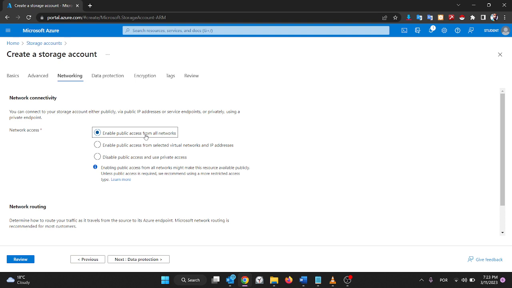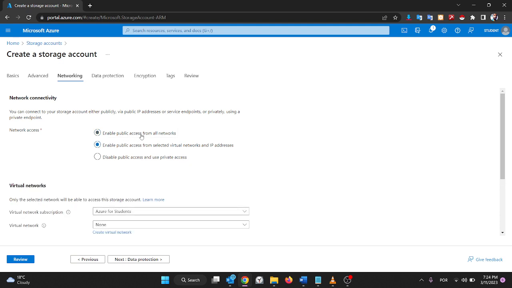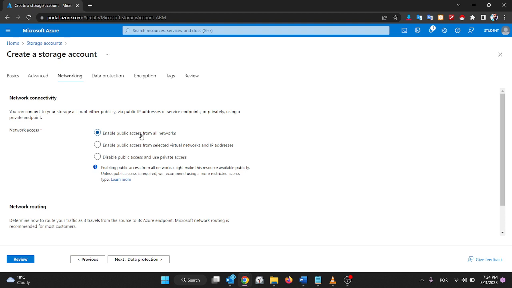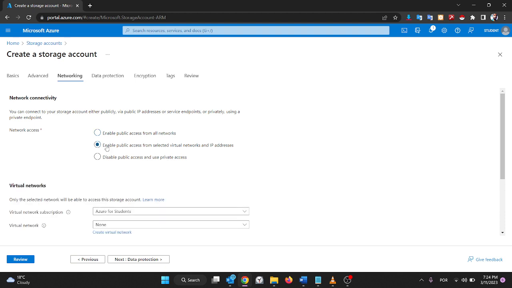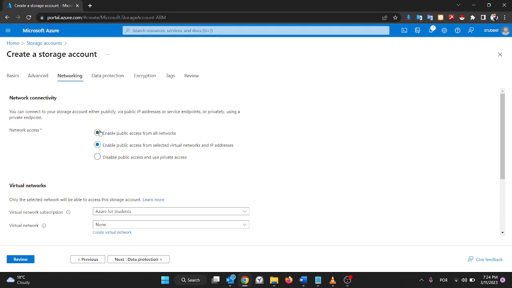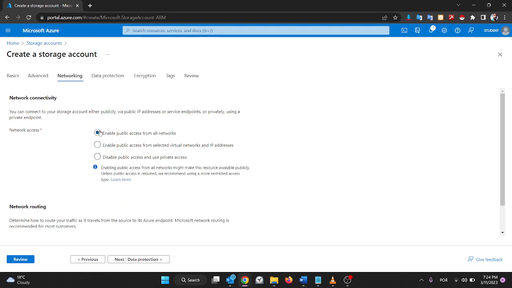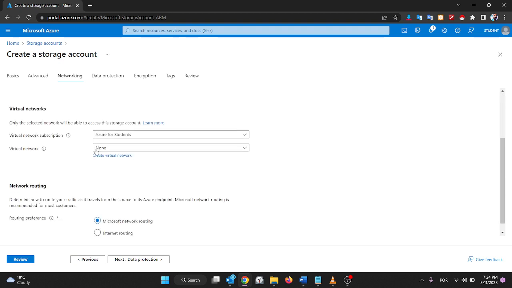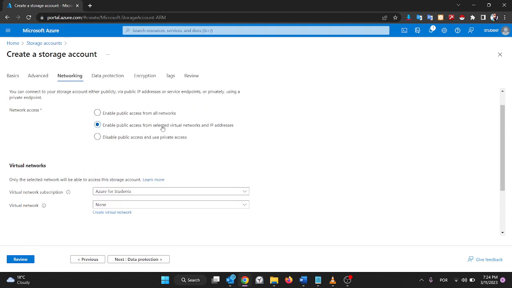Public from any network, we can access that. Suppose some companies have the VPN installed, and within the Cisco VPN they might get access. So in this case, they have to add one virtual machine, a created virtual machine. Okay. So as of now, I'm going to enable, and in this, if I select selected virtual networks, when